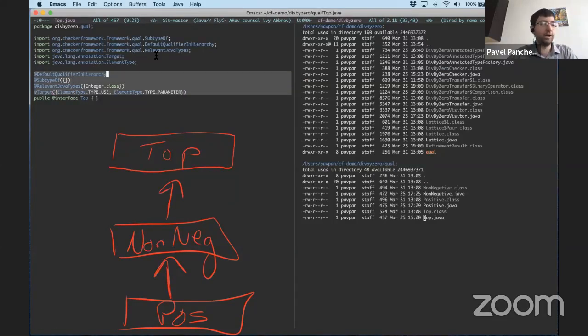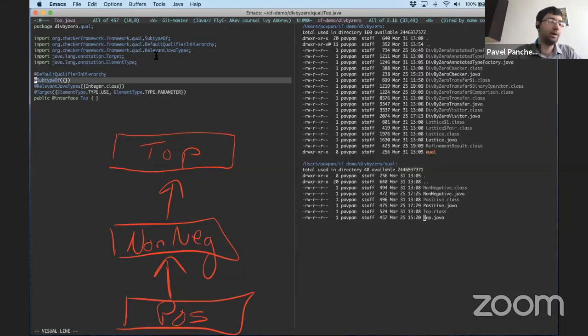So these annotations here are used internally by the Java compiler and the checker framework. The upshot of this is that anytime I have any kind of unknown integer, I by default say that it is a top integer, as in sign unknown, and that isn't more specific than any particular thing. It's the least specific thing you could say. You can contrast this with non-negative.java.